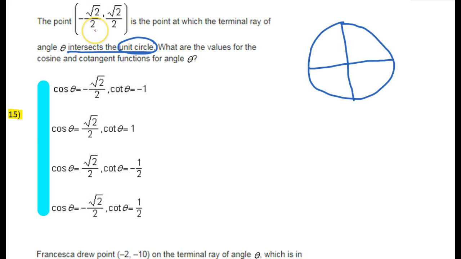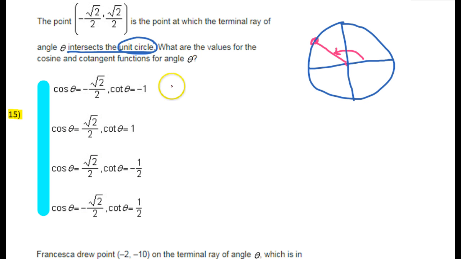So the x value is negative and the y value is positive. That means we're to the left and up. So this point is in the second quadrant. So keep that in mind. We are in the second quadrant. Okay? Now,